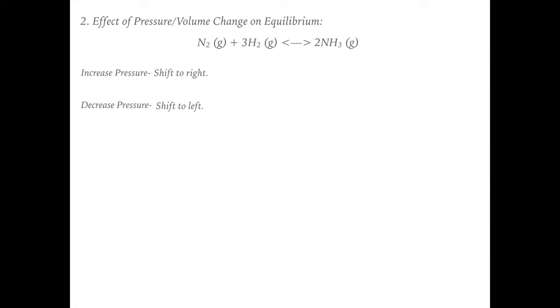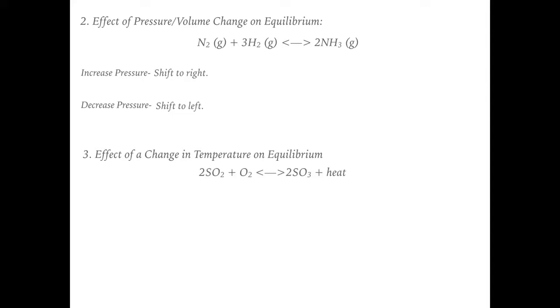So you can do it for moles, you can do it for changing volume, or you can do it for changing pressure. Keep in mind that whenever you're working with this, you need to be just looking at your gases. So notice I said 4 moles of gas and 2 moles of NH3. If N2 were, for example, a liquid, I would only have 3 moles of H2. I wouldn't have 4. So make sure everything that you're counting for moles of gas are actually a gas. The last thing, effect of